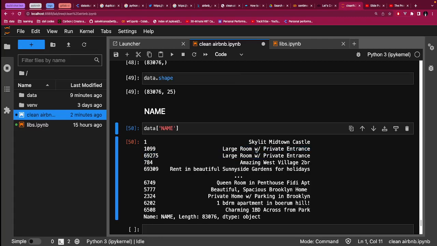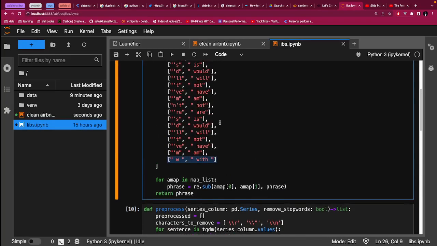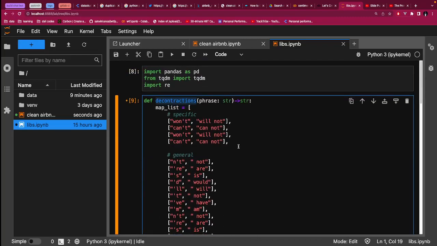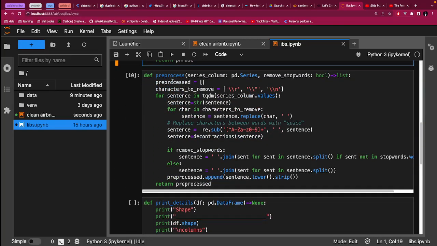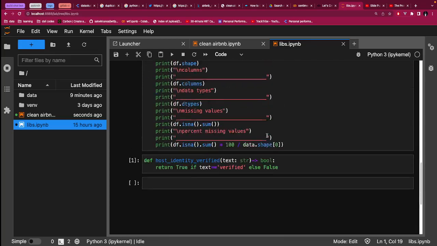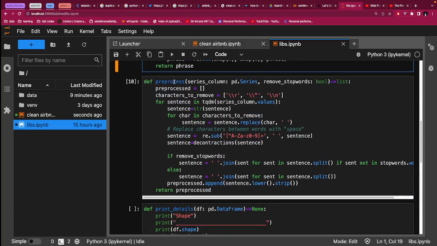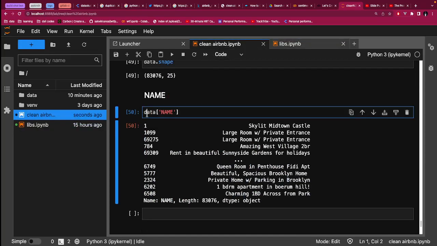We'll have this. I also want this W to be replaced with which I included it here in the deconstructions. The definition, or the way we defined these deconstructions and created these two functions, there is also a video which is part of this card you can look at. But it's just more of just pre-processing a text. So we are going to use this pre-process to pre-process this data